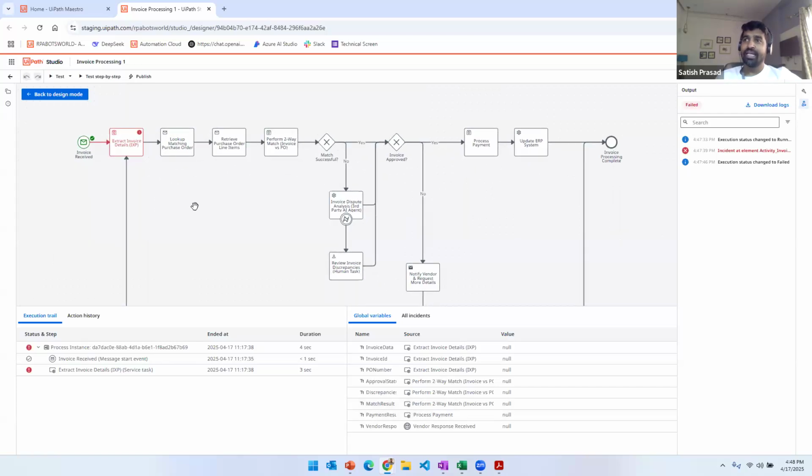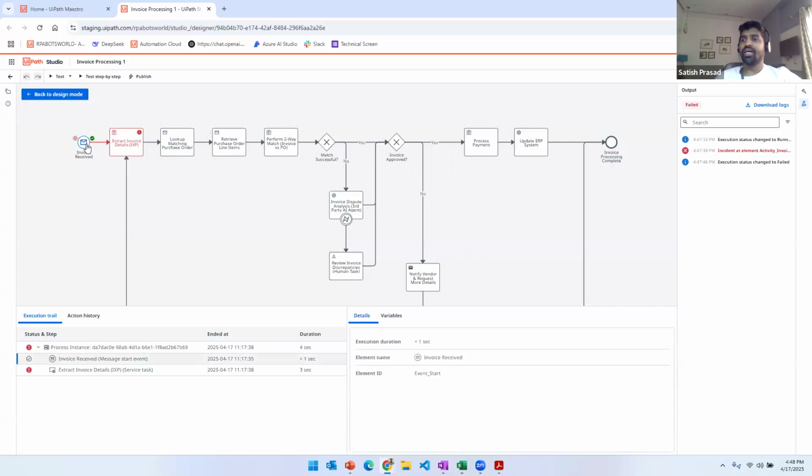With the help of agentic orchestration, you should be able to design a very long-running process, binding together the robot, the human in the loop, the decision, business rules, and everything. If you look at this example, this one is a message. Sorry, I'll go to the design mode to explain how it is designed.